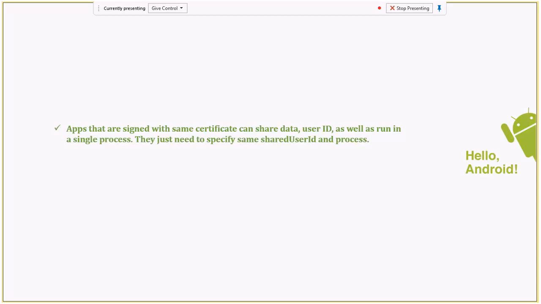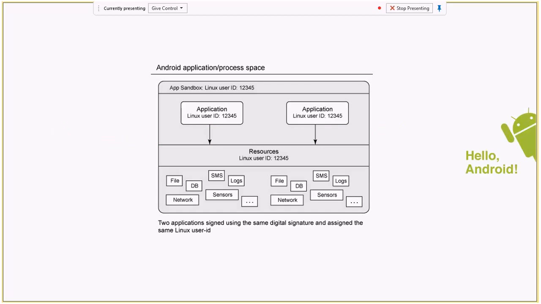Let's see how you do it. You'll do it in the Android manifest file. This is a pictorial view of how it looks if you have two apps granted the same Linux user ID. They will run in the same process, and each one can access the other's resources without trouble.